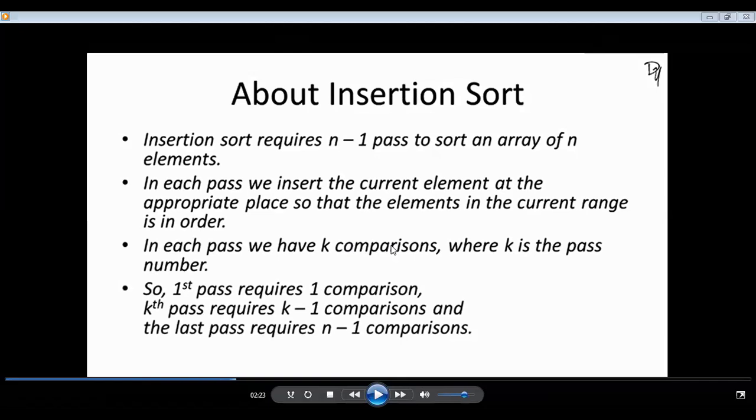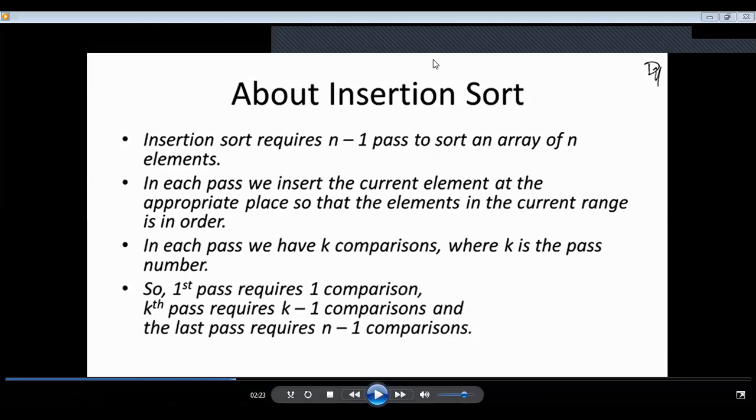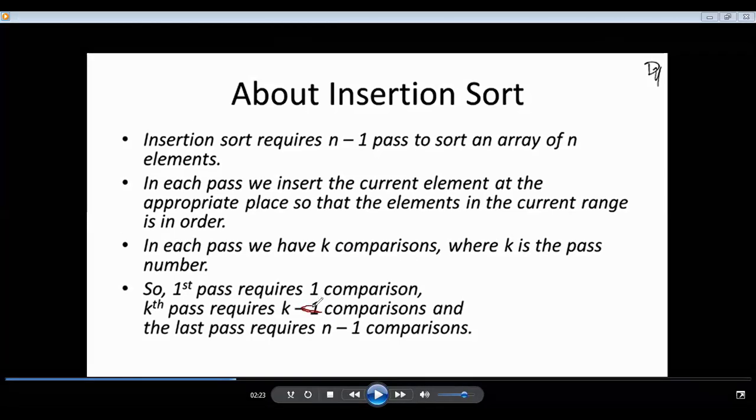And in the kth pass, we need k comparisons. Okay, k comparisons, not k minus 1. And the last pass requires n minus 1 comparisons. So totally, if it is 5 elements, we need 4 passes, so 4 comparisons. That is n minus 1 comparisons.